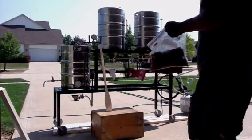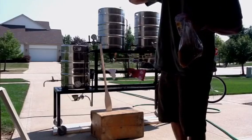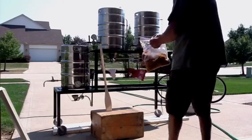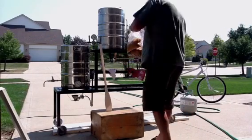Alright, I got my grains in, and now I pour in my pumpkin puree. Like I said, I made this about a week ago. It looks just like a mushed up pumpkin with a bunch of spices. I'm going to go ahead and dump this in my mash. We're going to mash through this. So, hopefully,